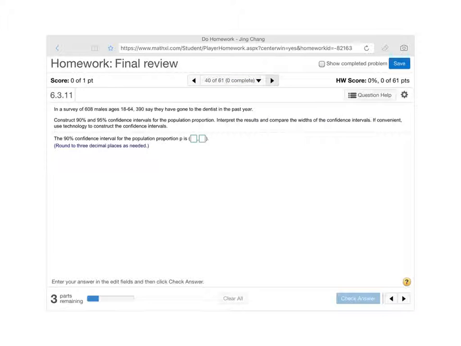So in this problem we need to construct 90% and 95% confidence intervals for a population proportion. We'll use the proportion stat because it's for a proportion. You need to put in the number of successes. In proportion stat you also need to put the level of confidence, 90%,